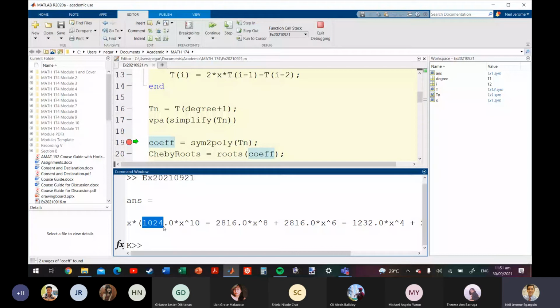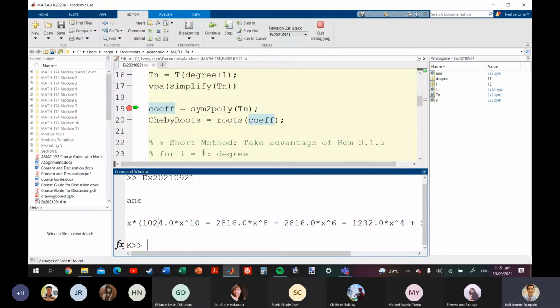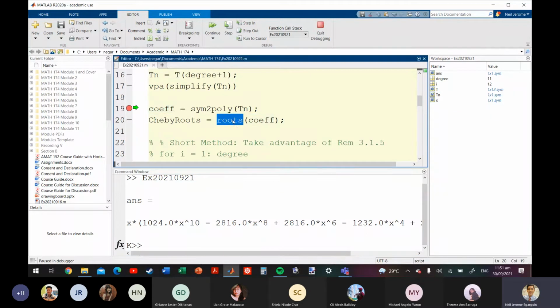We want to find the roots of this Chebyshev polynomial. And remember, Matlab can compute the roots of a polynomial by using the roots command. Pero para magamit si roots command, kailangan ko munang i-harvest ano yung mga coefficients nitong Chebyshev polynomial na to. That's why I compute sym2poly of Tn.